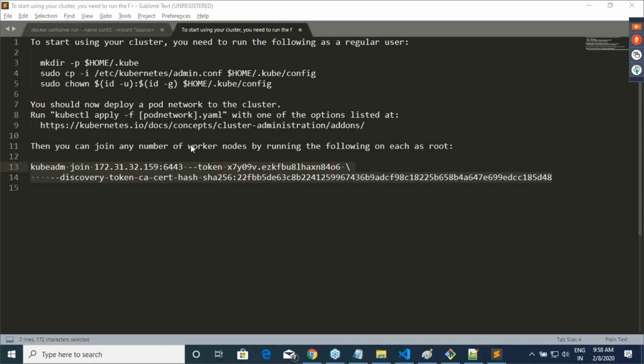Can I run my Kubernetes load balancer on a Kubernetes node? To be very specific, we will not be running a load balancer on a Kubernetes node. In Kubernetes, there is a wonderful concept called a service. That service can speak with your load balancer. We'll learn that. As I said, we are illiterate in Kubernetes at this moment. The only thing we know about Kubernetes is installing kubeadm. That's it.